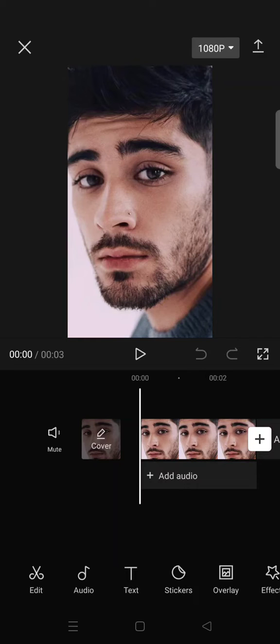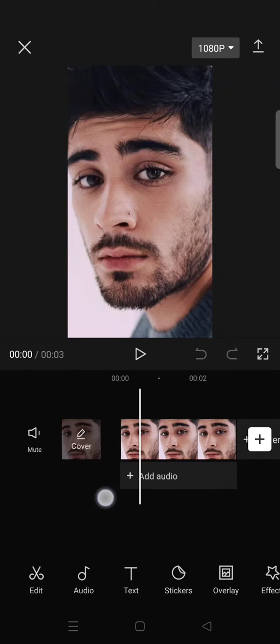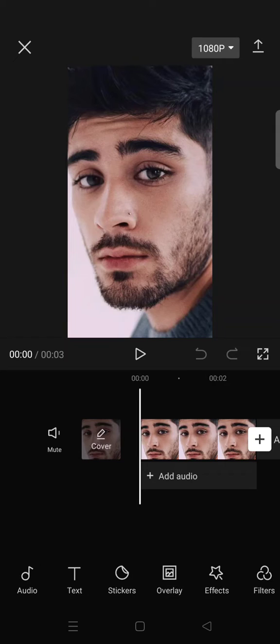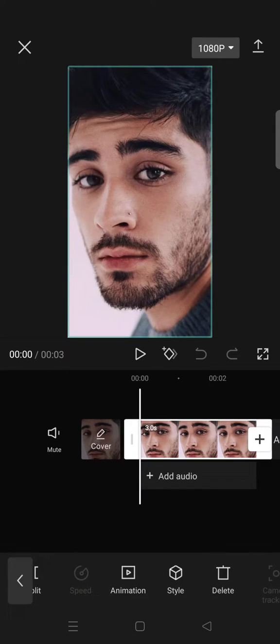So on today's video, I'm gonna show you how you can easily create the 3D zoom effect in CapCut. So first, you can just start by simply adding a photo to CapCut, but you can always add more than one photo. And after that, just click on the photo, go to style,